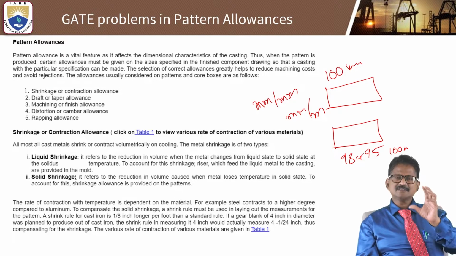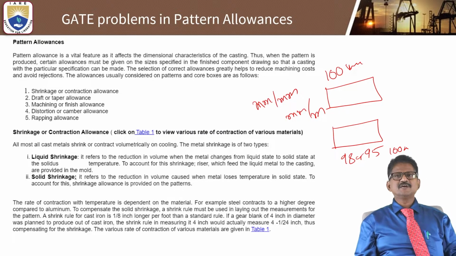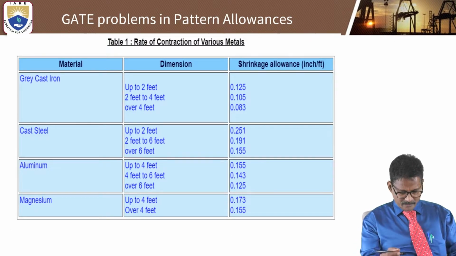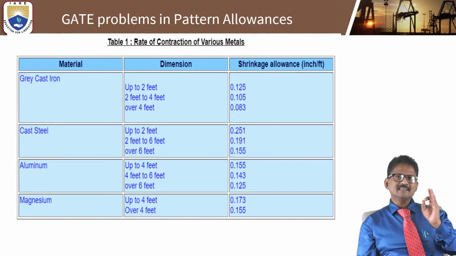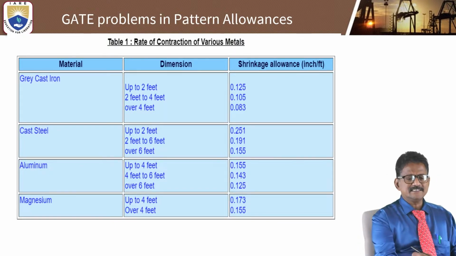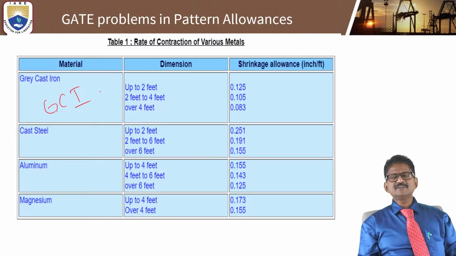This is some important background for solving any type of problems related to competitive examinations. Now look, before going to solve the problems for pattern allowances, this table shows clearly the rate of contraction of various metals. For example, if you take grey cast iron, GCI, when you want to consider,